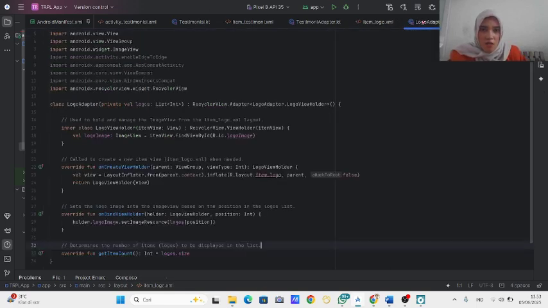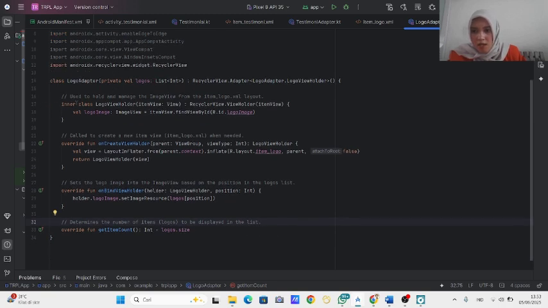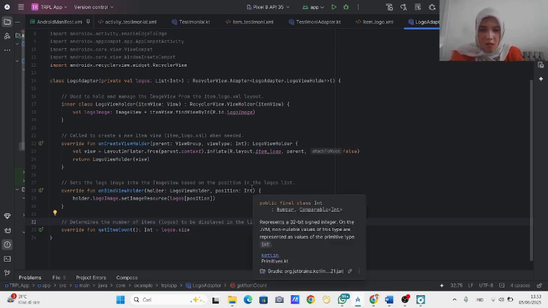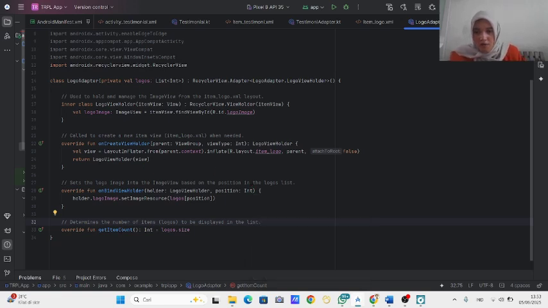And for the Kotlin, we use an inner class to hold and manage the image view from the item logo XML layout, and override fun onCreateViewHolder to create a new item view, and override fun onBindViewHolder to set the logo image into the image view based on the position in the logo list. And override fun getItemCount determines the number of item logos to display in the list.